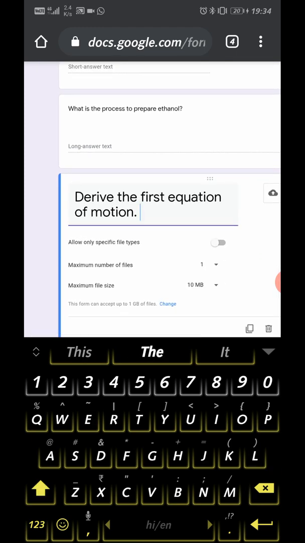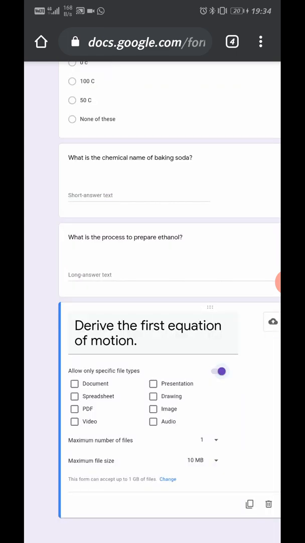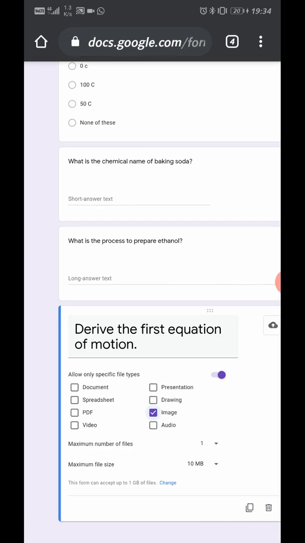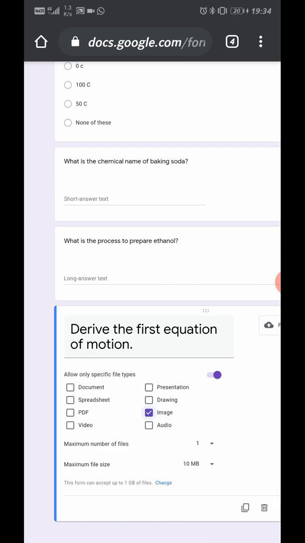Allow only specific file types and choose here image, so that if students solve this question, he or she will have to solve it in the notebook, then click a picture, and then upload it. Now we have to choose the maximum number of files, 1, or if you want to change it 1 to 5 or 10, you can choose. Because it is a short question, we'll let it be 1.